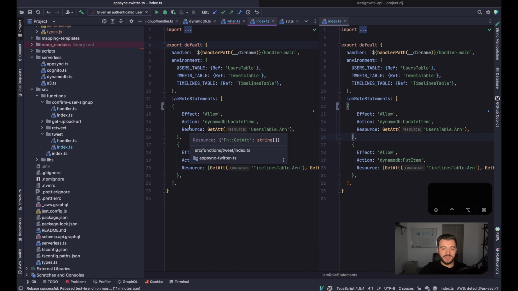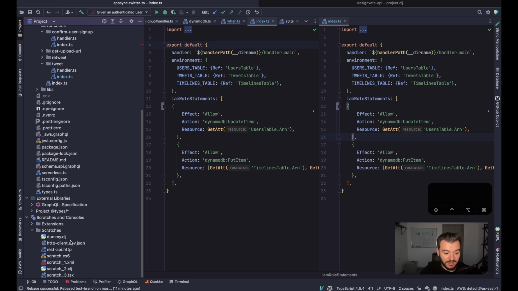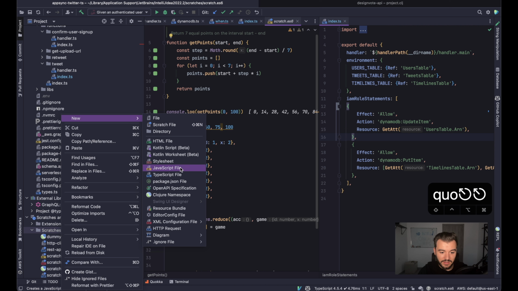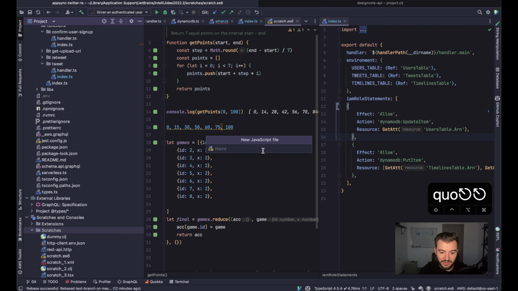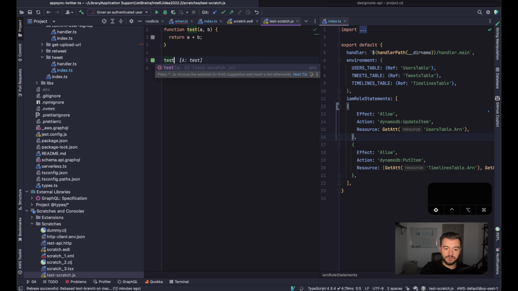The next item on the list are scratch files. Scratch files are files where you can store dummy code, and this is stored within IntelliJ scratches and consoles. As you can see, I have a lot of them and they are full of code that I reuse from time to time. Scratch file, say, JavaScript file, new file, test scratch.js. And here you can write function test(a, b)